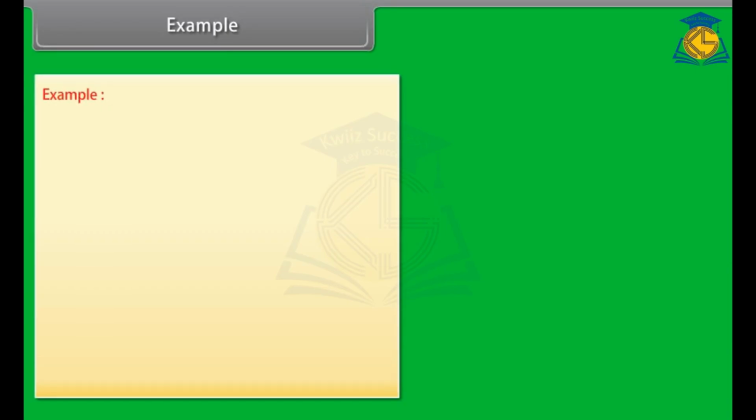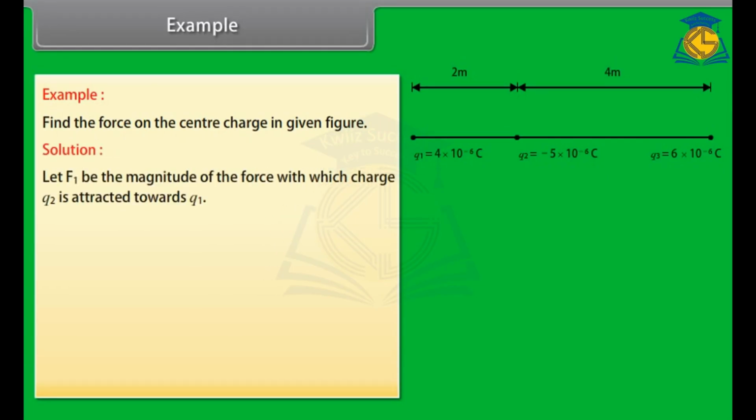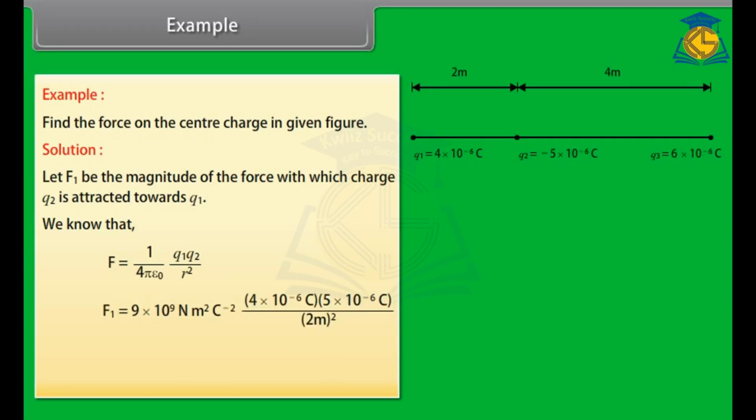Example. Let's take an example on Coulomb's law. Find the force on the center charge in the given figure. Let's see the solution. Let F1 be the magnitude of the force with which charge Q2 is attracted towards Q1. We know that F = 1/(4πε₀) × Q1Q2 / r². Put the values in this equation, we get F1 = 45 × 10^-3 Newton, which is equal to